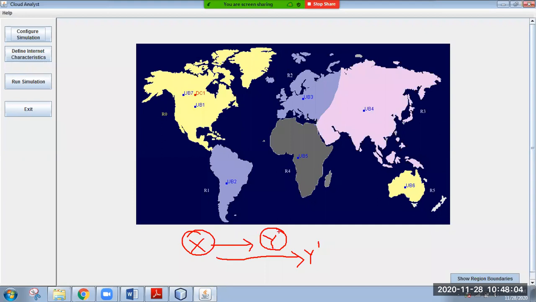But whenever you reach Y, it has a heavy rush. So the time required to purchase the item, generate the bill and check out from the shopping mall takes more time. But instead of going for Y, if you choose Y dash, which is not having heavy rush, there you can get better service.